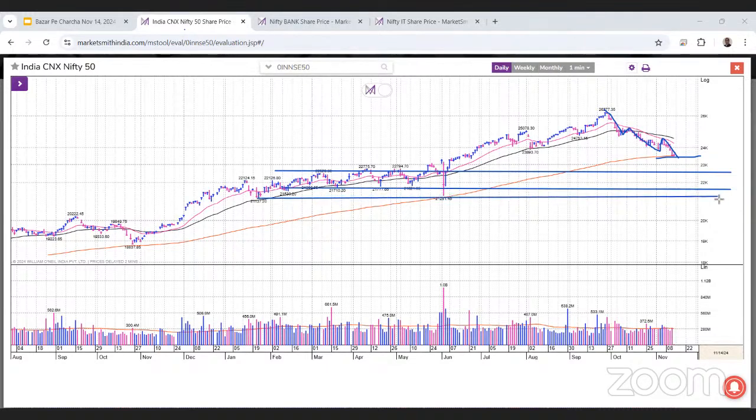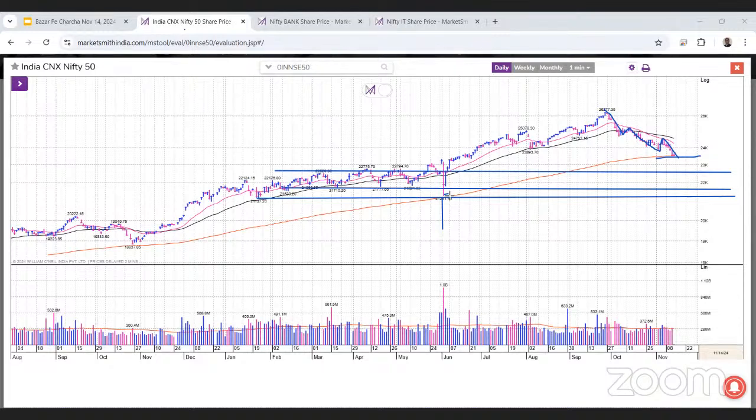Another thing is the low of the election outcome day, when the 2024 election outcome was announced. That low is also very crucial, and it is around 21,000. We are still almost 10% away from that level, so we are not going to discuss that level. But yes, if